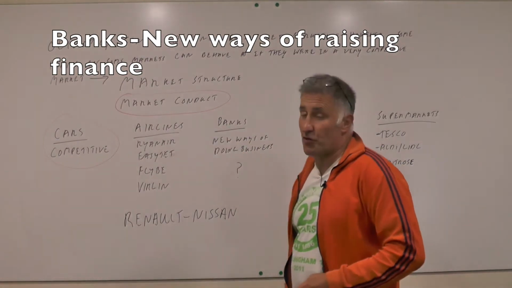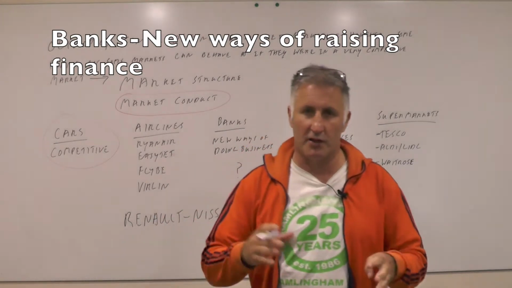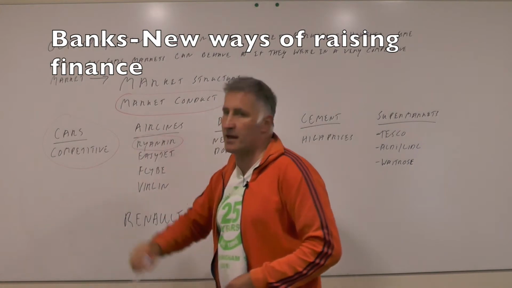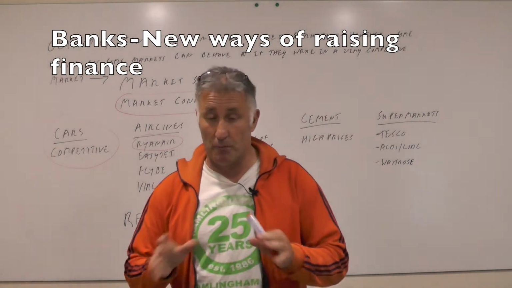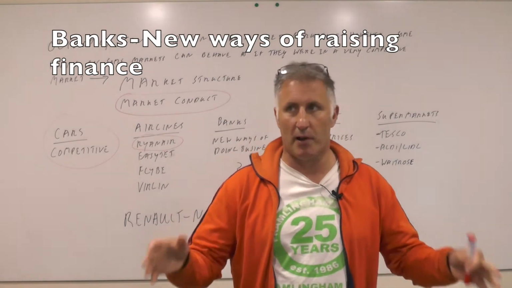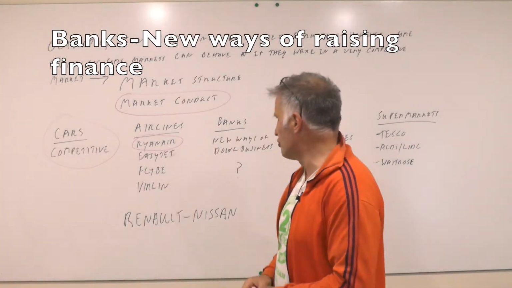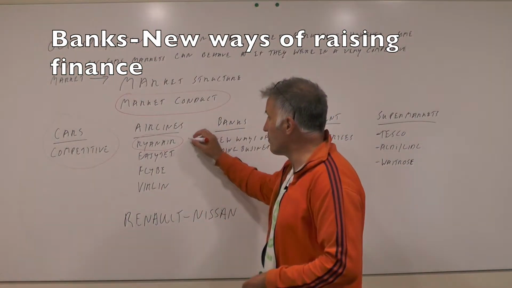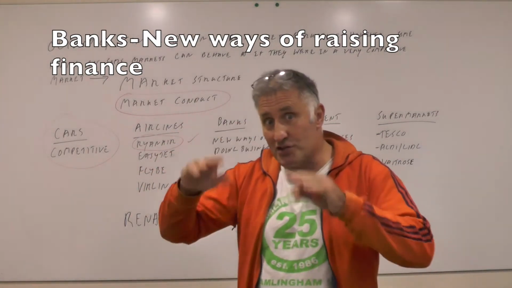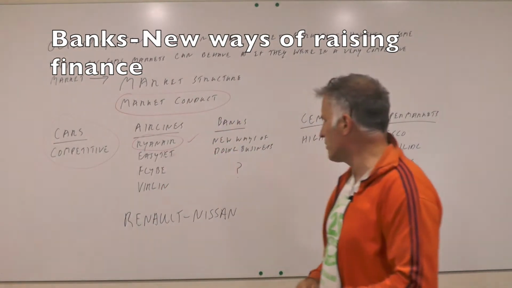The airline industry is obviously now very, very competitive. In the old days when it was nationalised British Airways, we had one airline that we could go with. Nowadays, Ryanair and EasyJet, particularly Ryanair, have come in. They make very high profits. They've got a completely different business model. There are a lot of second-hand planes, there's less room on the plane, you can only carry a certain amount of luggage, etc. Maybe the customer service is not as good. But this is a new business model, and people are very happy to fly Ryanair because it's cheaper. And it's great, and it's lowering prices, so therefore it's more allocatively efficient. I would say that strikes me as being a pretty competitive marketplace.